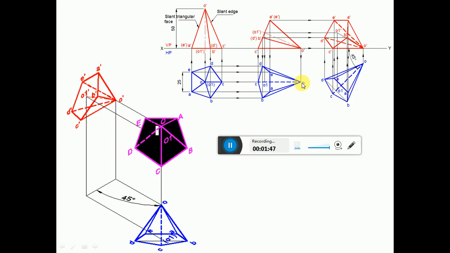Then measure the apparent length of the axis, that is O to O1, using the compass. Then consider any point on that 45 degree line, mark that point and cut it to get the point O1. So you name this as O1 and this as O. Then you measure the length from O to C. From O, you cut an arc on the 45 degree line to get this point C. Then you measure the length from O to this point, and from O you transfer it onto this. You are going to get this point here.